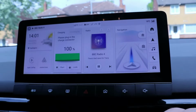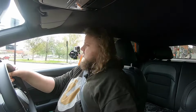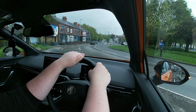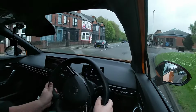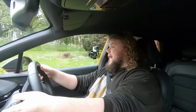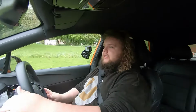Now, around town, the car is excellent. You really feel the benefit of the instant torque from the electric motors. So I'll zip out at this roundabout, and we'll see. So that's really handy, having that instant chunk of torque around town. And because the front wheels aren't doing anything other than steering, turning is great, and you get this nice tight turning circle